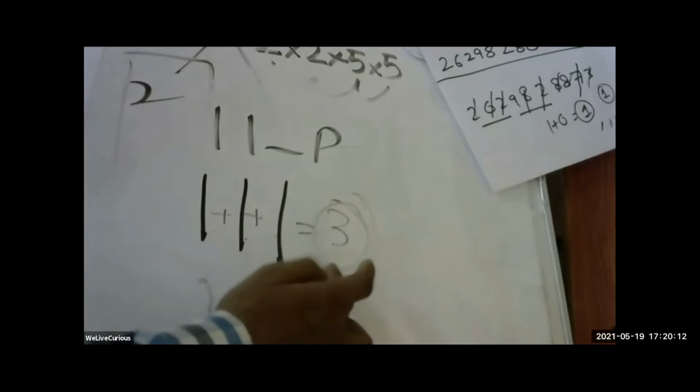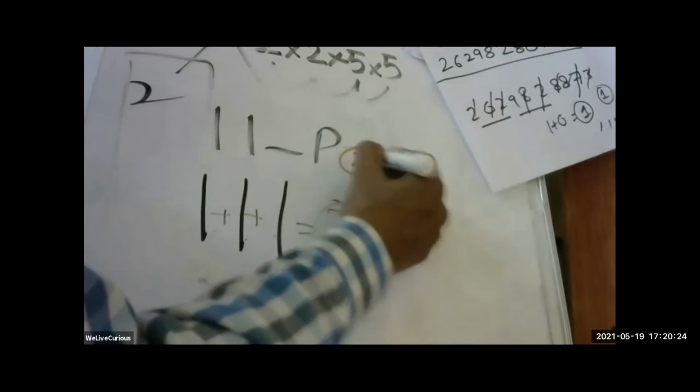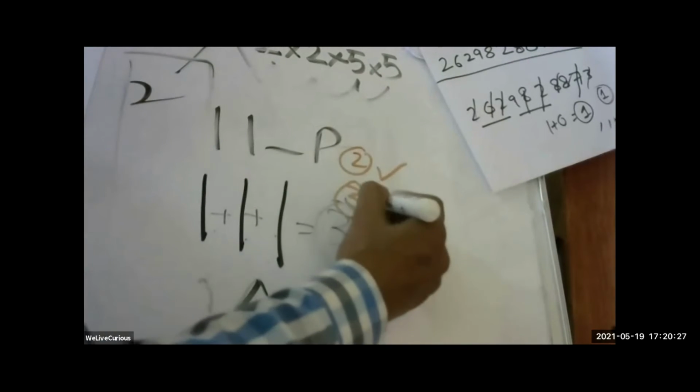Correct. And the best way is you add these numbers, 1 plus 1 plus 1. If the sum of the digits is 3 or a multiple of 3, then the number is divisible by 3. This is the divisibility rule of 3. So we have the divisibility rule of 2 taken care of, and the divisibility rule of 3 taken care of. 111 is divisible by 3, and if you divide 111 by 3, it comes to 37. 37 is also a prime. So 3 is done.